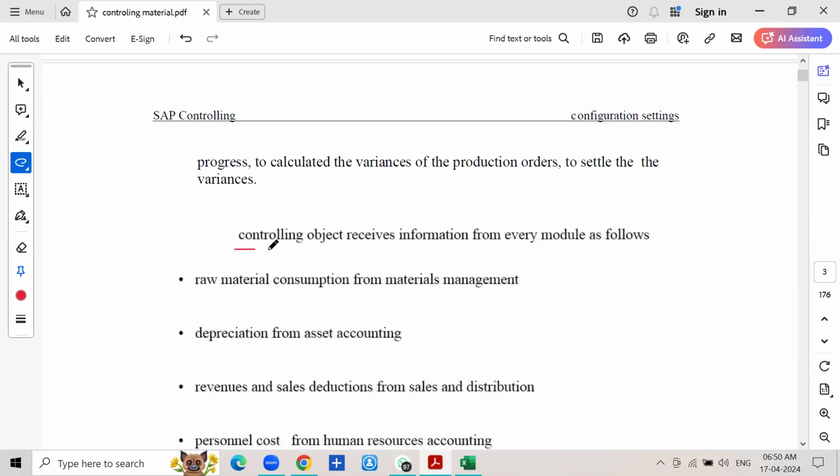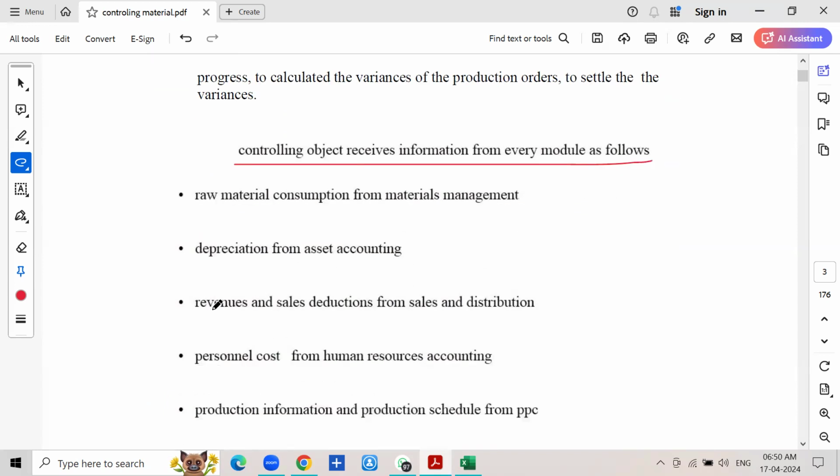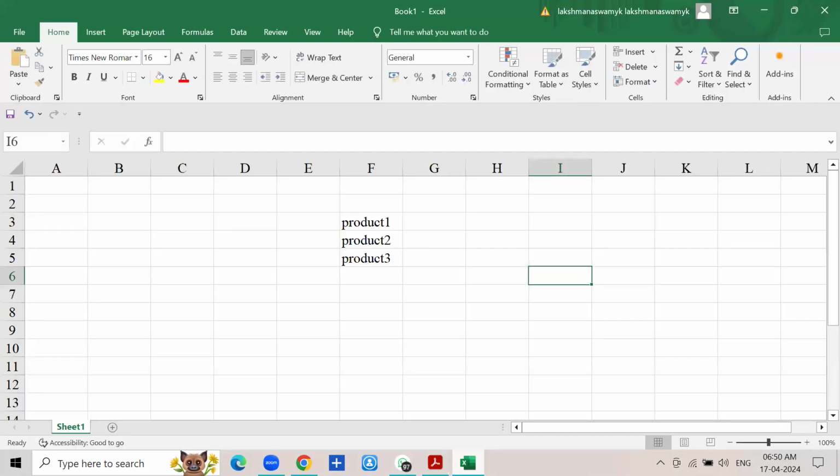Then the controlling object receives the information from every module as follows. Remember, I told you, information always refers to expenses and revenues only. First, raw material consumption from materials management. We have one module, materials management, MM. When MM is implemented, the purchase orders, purchase invoices, purchase returns, and also